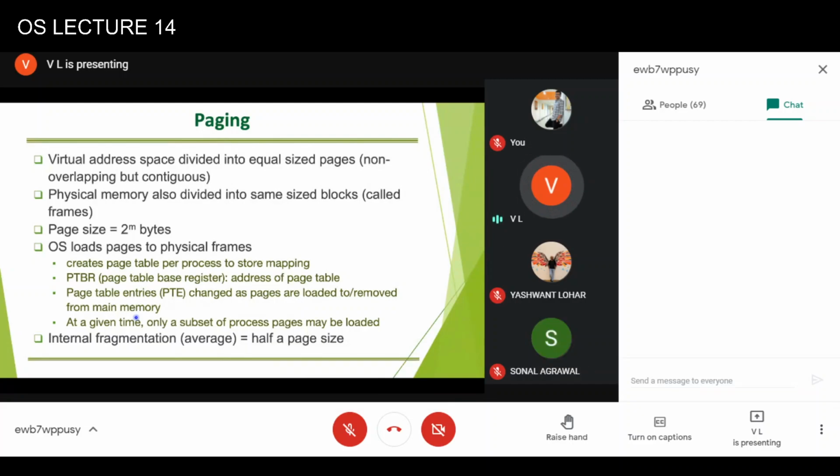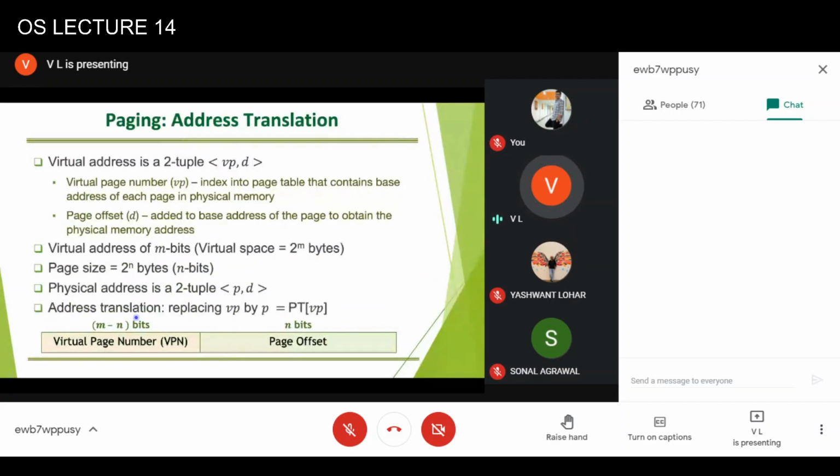And because at a time, a process can run only if one of its pages is loaded, and once all the instructions in that page have been executed, then the next page can be loaded. So in theory, only one page frame is sufficient to run the program. Of course, it will require too much loading of pages, and it can actually slow down the system, but the process will ultimately run.